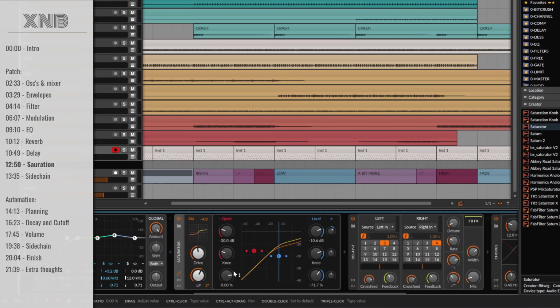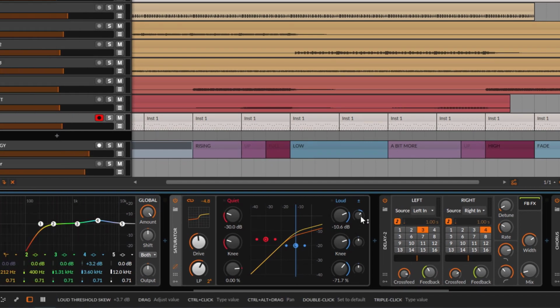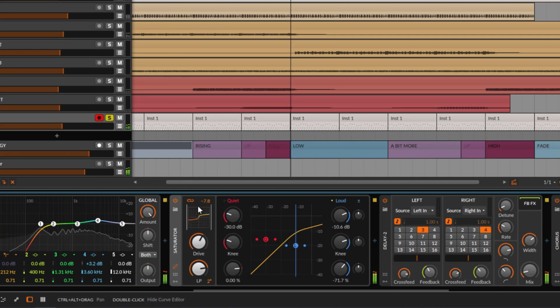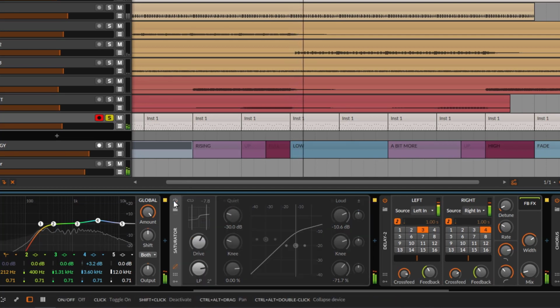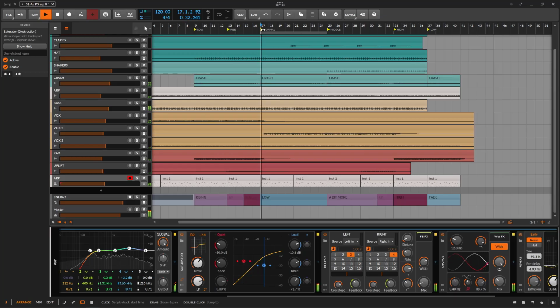Right, so this is the saturation. I'm going to keep it in default. I'm not going to go crazy. Now, this one, it's offsetting the positive and the negative. I just want to keep it the same and do a little bit of drive, a little bit more of drive. And I'm going to do a little bit of that. Again, this is not going to make a super big change, but it's going to help us bring a bit more grit, which is fine, it's what we want. Now, if I play this,